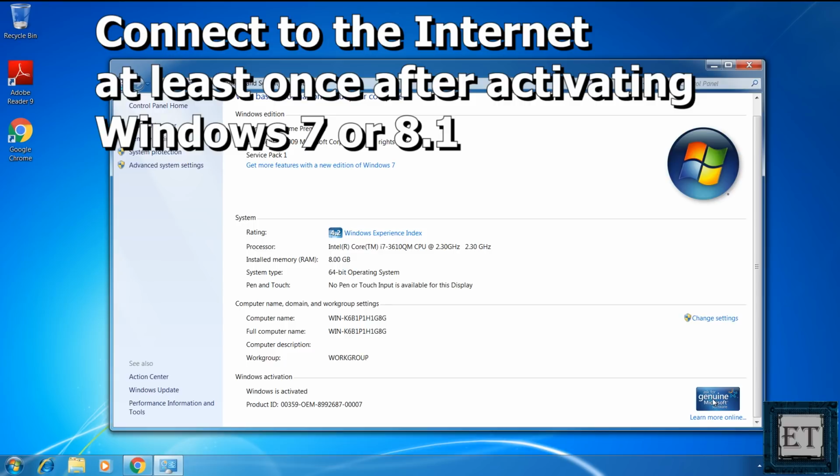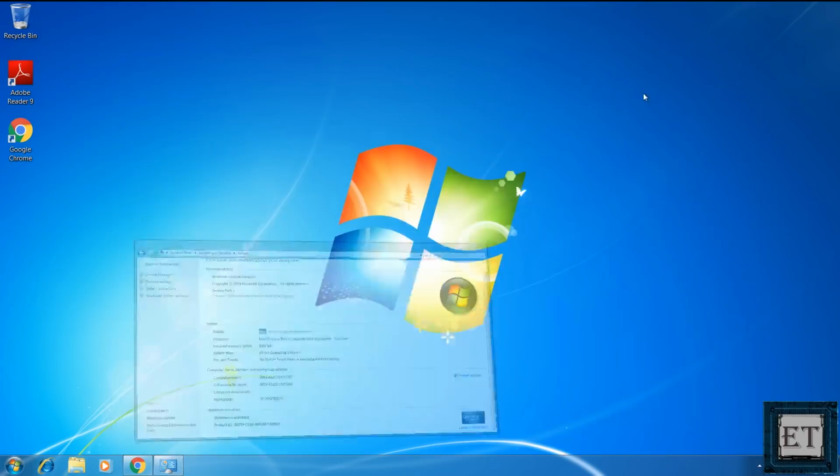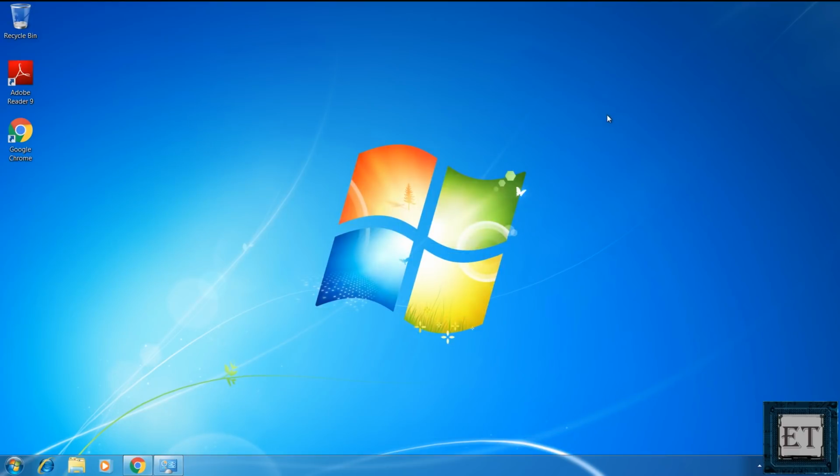Now, this next step is simple yet very important, and that is to ensure your laptop is connected to the internet at least once after you install your Windows 7 or 8.1. This will enable Microsoft servers to acknowledge the activation of your Windows 7 or 8.1 and also store your license. That way, when you upgrade to Windows 10, they are able to transfer your license automatically to the Windows